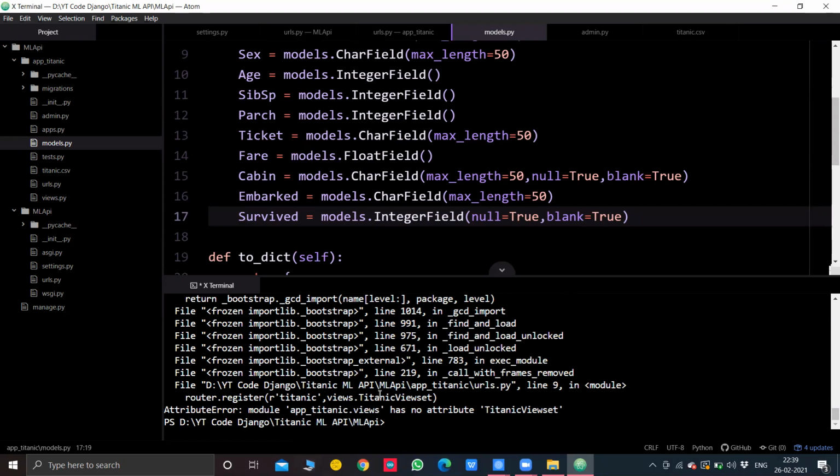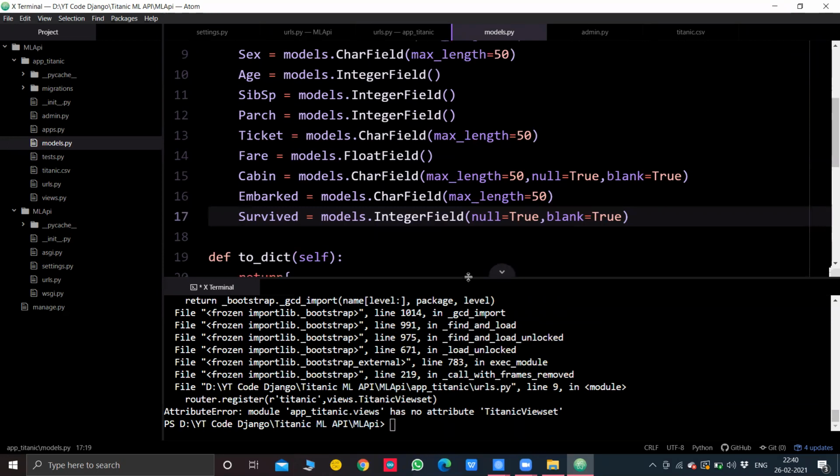Okay, so it says that we have to create the view set. Yes, obviously we have mentioned it. So we'll have to create the view set first. Okay, so what I would like to do is I will stop the video for now. I'll create the view set, I'll create the serializer, and we'll migrate, make migration and run the server at once only. So that's it for this video. Stay tuned. This is not an error, just to be precise. I have just not declared my view set yet. I feel that this much is a lot for this video, and we'll continue in the next video. So thanks a lot. Stay tuned for the next video.